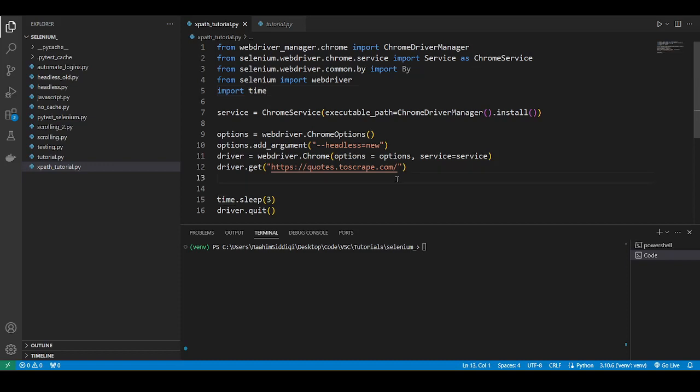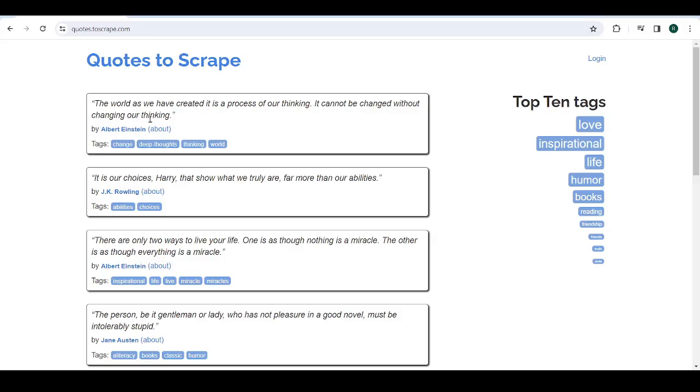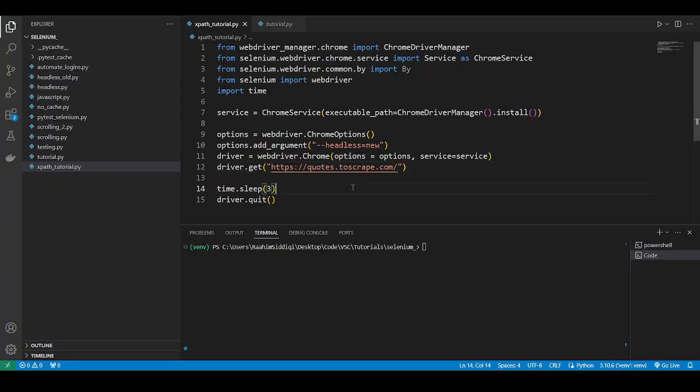And yeah, so in today's video, we're going to explore how to navigate this website using XPath, how to navigate its different elements, how to select different elements in the web page. So let's go back to our code, and now we'll just discuss the setup that I've done here a bit,